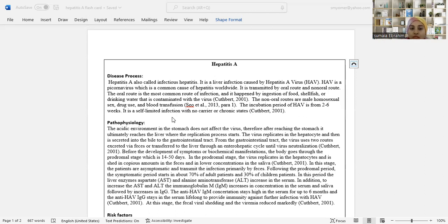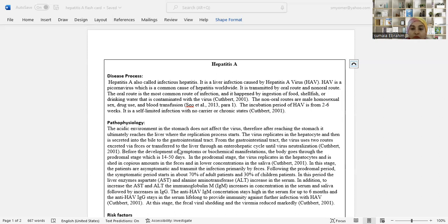It is a self-limited infection with no carrier or chronic state. The acidic environment in the stomach does not affect the virus. Therefore, after reaching the stomach, it ultimately reaches the liver, where the replication process starts. The virus replicates in the hepatocyte and then is secreted into the bile to the GI tract. From the GI tract, the virus uses two routes: excreted via feces or transferred to the liver through the enterohepatic